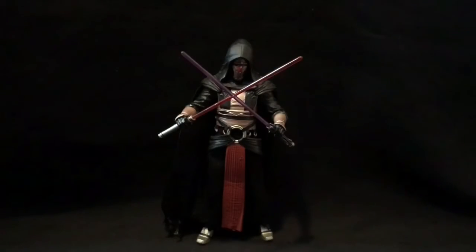Coming in at the number 2 spot, and special thanks to Mr. Ivan Ruiz for hooking me up with this guy, we have Darth Revan. Now, again, he was kind of part of that